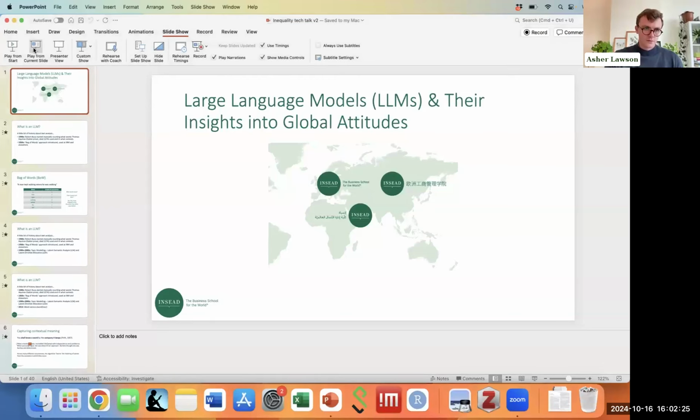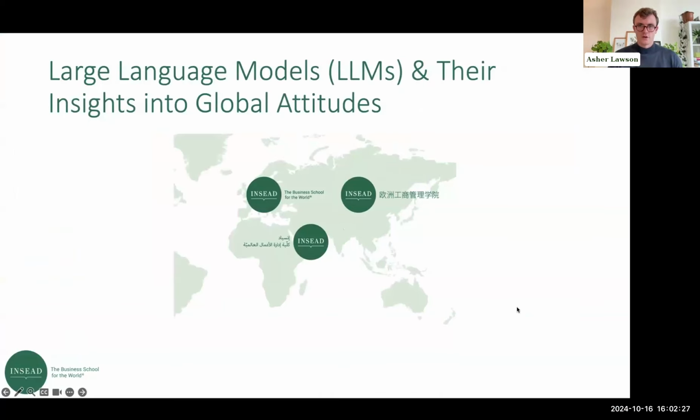All right, I will now share my presentation. Okay, so the topic that I'm going to be talking about today is large language models and their insights into global attitudes. But before we get underway with considering my research and actually how I use these large language models and different forms of analysis to understand attitudes and decision making, I wanted to start with a brief overview of